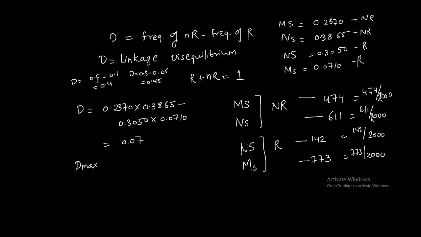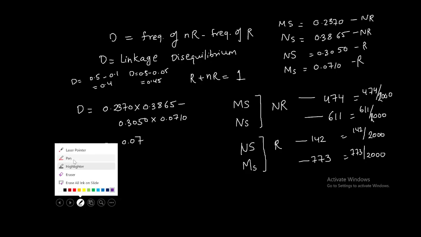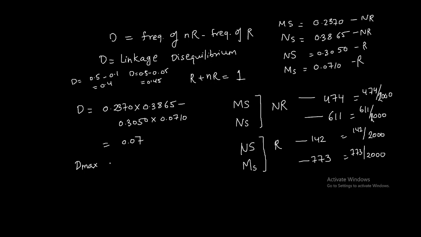So what you can see here is the frequency of the recombinants. If this is less, you will get the D value which is going to be higher, and you can do it by simple math. You just decrease this value from 0.1 to 0.05, you are getting the high D value. If you decrease it further, you will get an even higher value. So the formula is like this: if the frequency of the recombinant is less, you will get the D max. And the D max calculation formula, which you can memorize basically, is going to be the frequency of recombinants